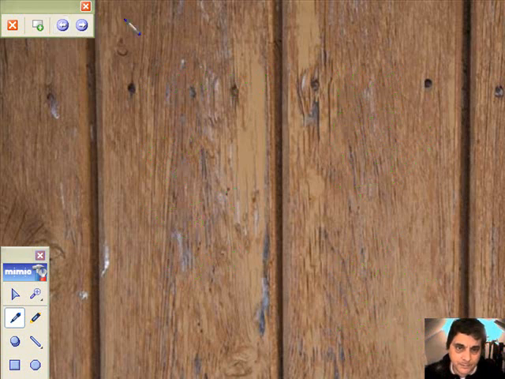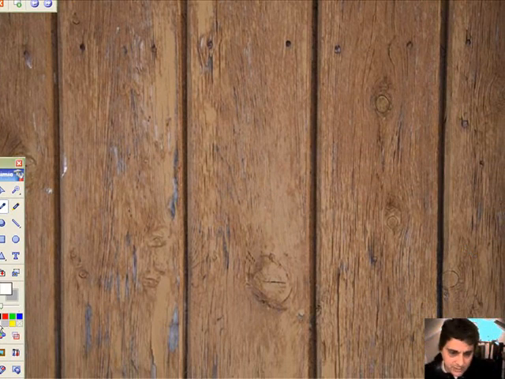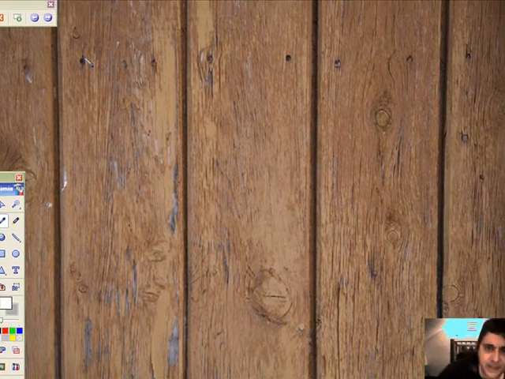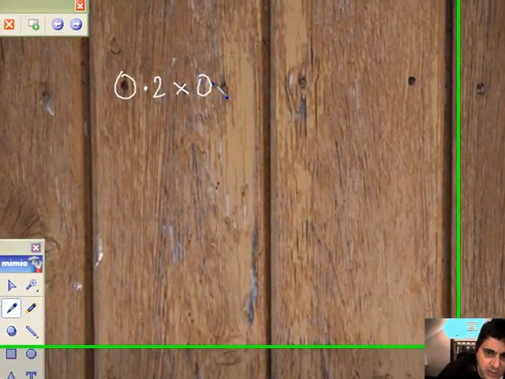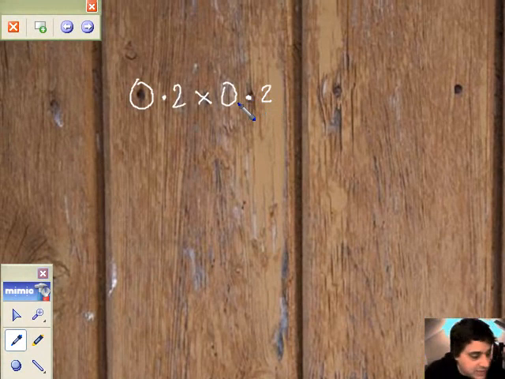I want to multiply them now. Let's go back to white. Alright, check this out. I've got 0.2 multiplied by 0.2. Now, again, this is a calculator unit. This is grade D rated, but it's not user machine. Let's not get lazy-minded. Essentially, you know that 2 times 2 is 4, so I'm going to put a 4